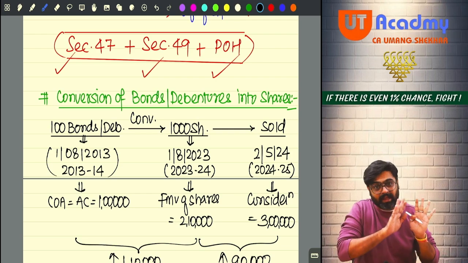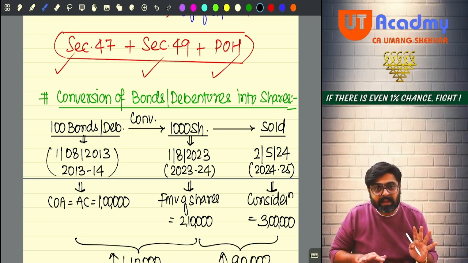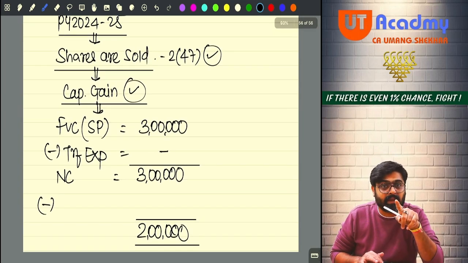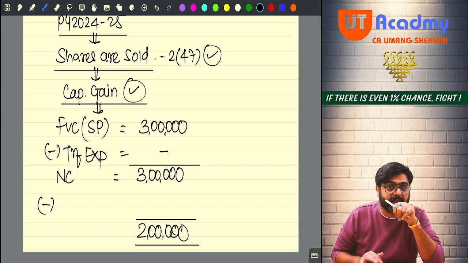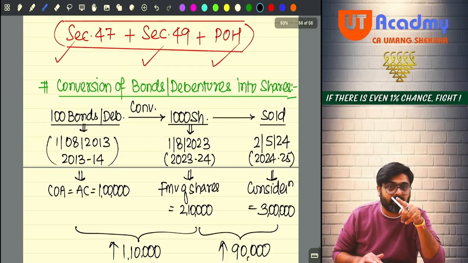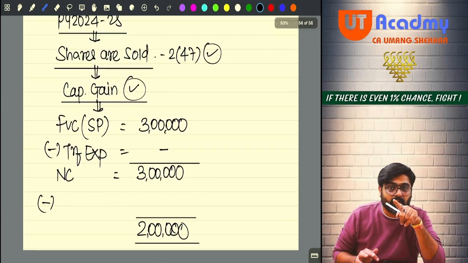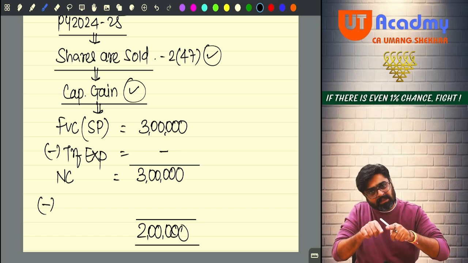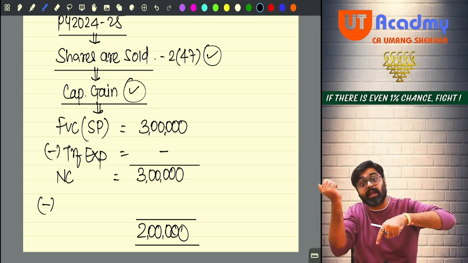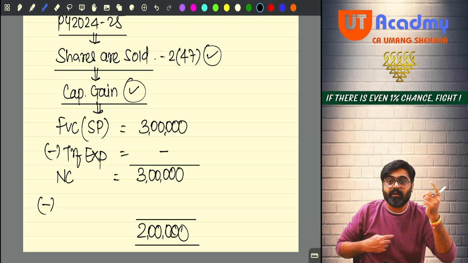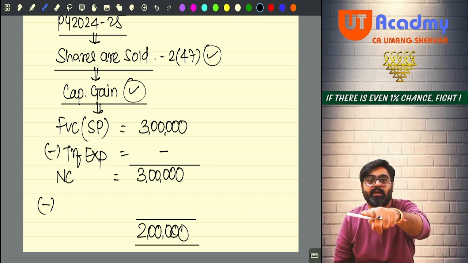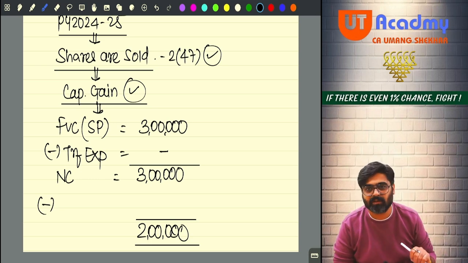And if you would have accepted that claim, then here if we would have taken the cost as 2,10,000, we would have been able to charge tax only on 90,000. Meaning the gain happening during the period of holding of the shares, only that gain we would have been able to charge. Yes or no? But only that much gain is realized, or the earlier gain is also realized? So we cannot allow you to take 2,10,000 fair market value here as your cost of these shares.